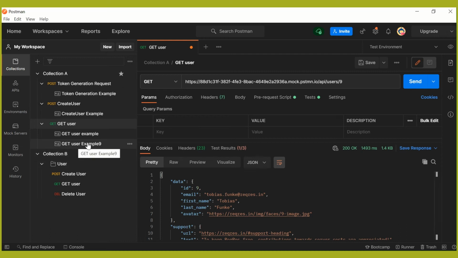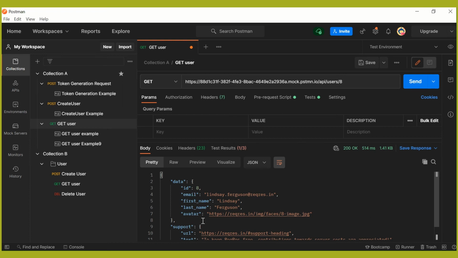You may remember we have one more example wherein the user was 8. So let's see what happens when we send a request with user ID as 8. You can see for 8 we got the response back for the user ID 8.